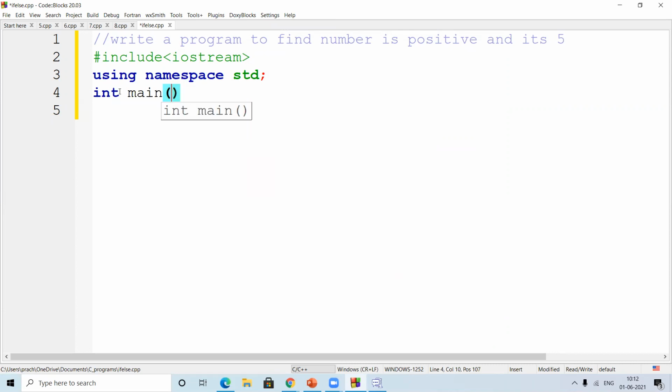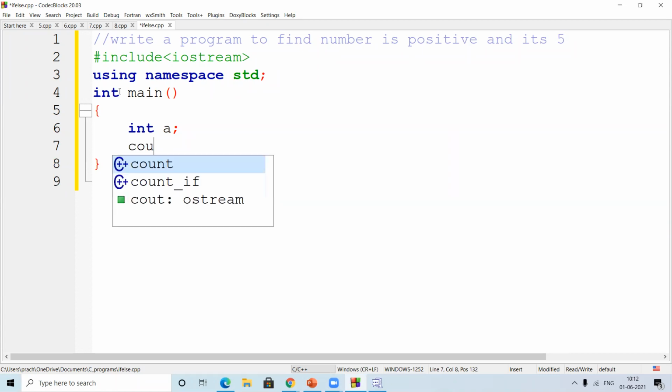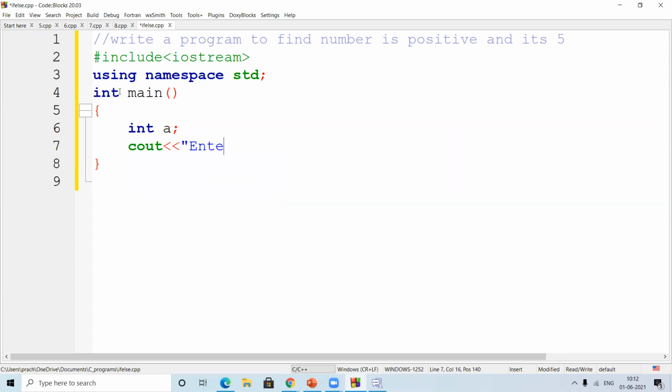Okay, int main. Okay, so here, yes, we put int a, enter number. Okay, the basic thing has been done. The structure and the basic requirement from the user we have taken. That's it. That's the first thing. Now I'm putting an if. So what we have seen, the first thing is that it should be positive. Okay, so here what we have to know is that a should be greater than 0.